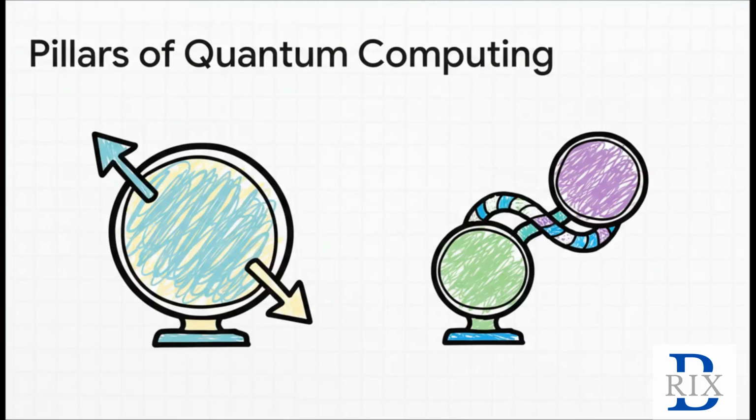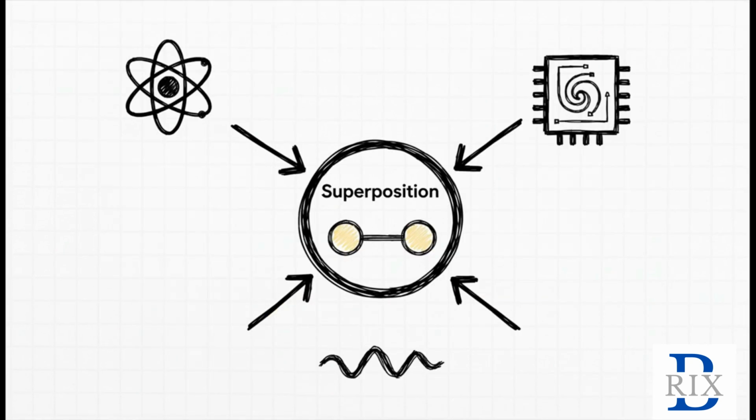When you boil it all down, quantum computing is really built on these two pillars. Superposition lets qubits exist in this rich combination of states, exploring multiple values all at once. And entanglement creates these incredibly powerful, intricate links between them. And here's the real key takeaway. It doesn't matter if it's an atom, or a superconducting circuit, or even a photon of light. If you have a physical system where you can reliably control these two phenomena, superposition and entanglement, you have the foundation of a quantum computer.